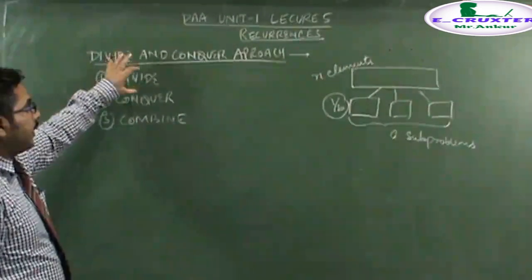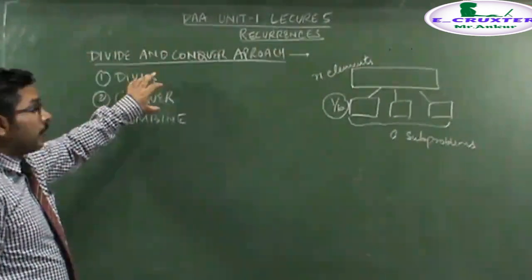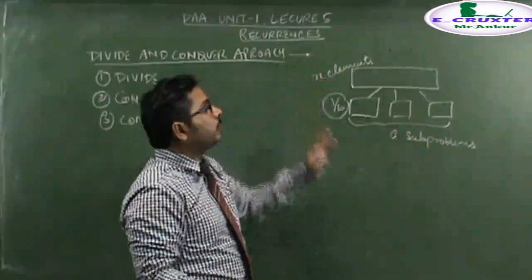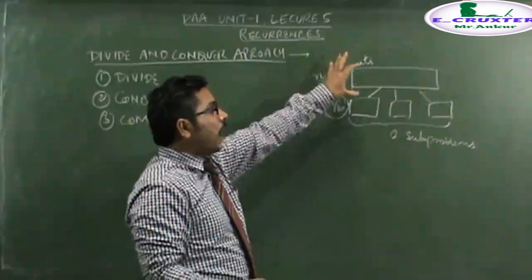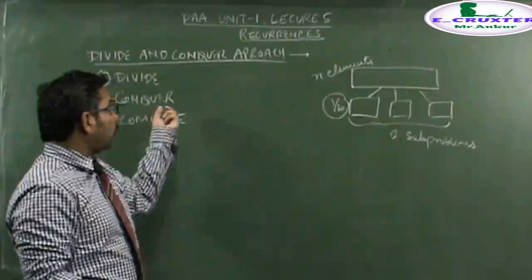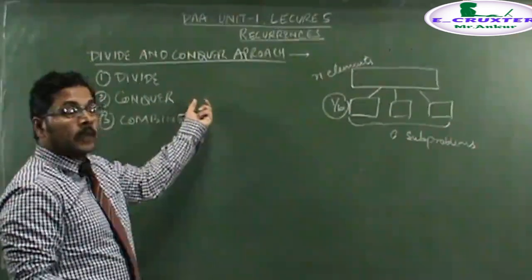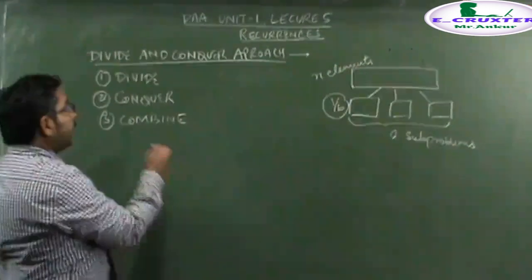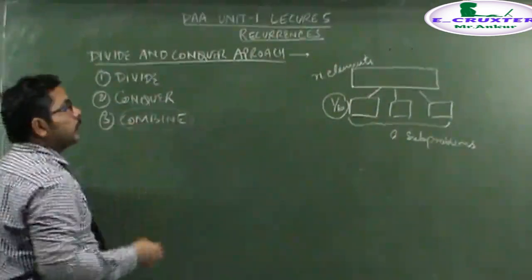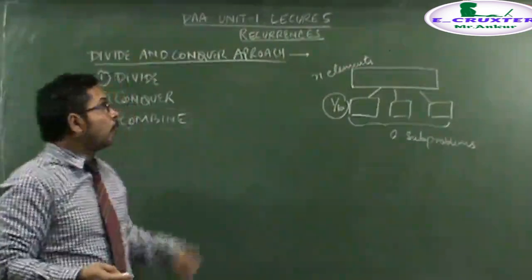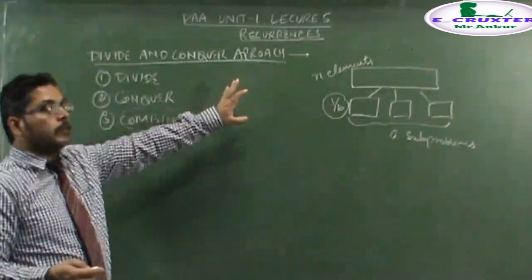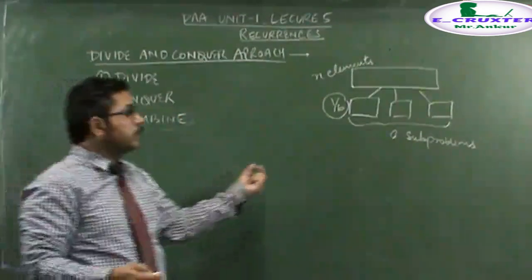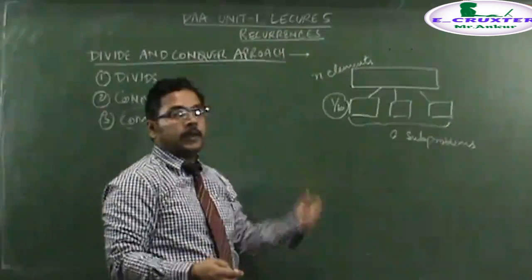After dividing, we were conquering. In the conquer step, we were conquering these sub-problems recursively in the same way as we conquered the original problem. When the problem cannot be broken further, when it is at its atomic level, we combine those sub-problems and solve them. In merge sort, the original problem was divided into two sub-problems, which were further divided into two sub-problems till we got single-element arrays. Then we started combining them.